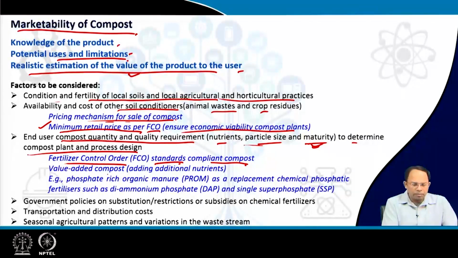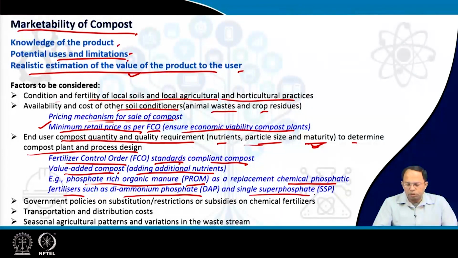So, we can also add some additional nutrients in the compost, and we can say it's a value added compost. For example, PROM, which is phosphate rich organic manure. It's a replacement for chemical phosphatic fertilizers such as diammonium phosphate and single super phosphate. So, this is what we have been looking at. That means we can add